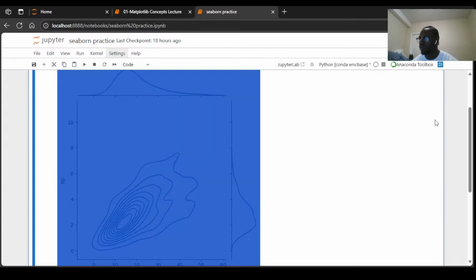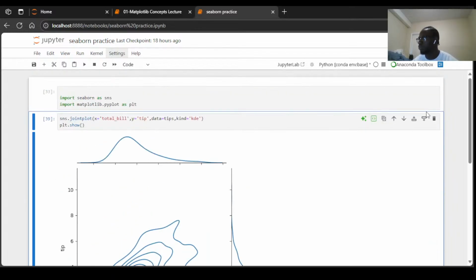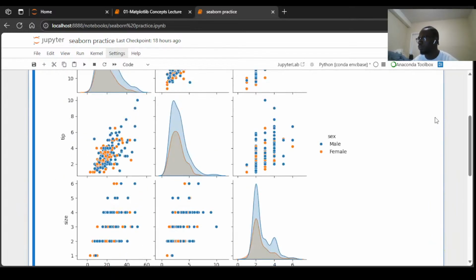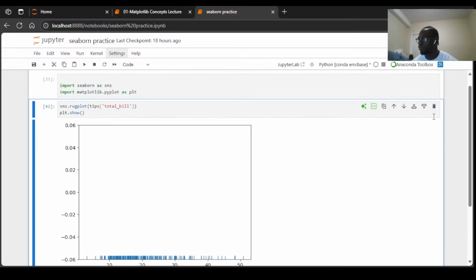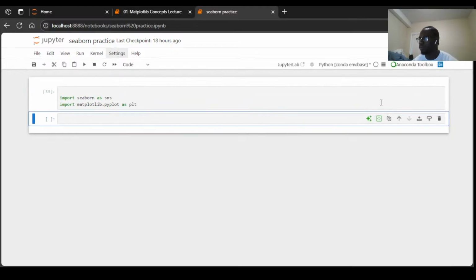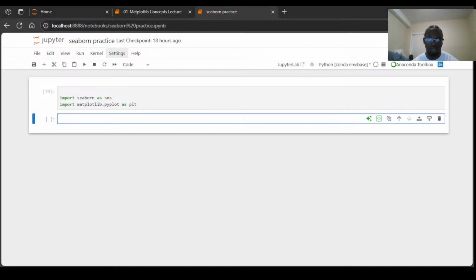The flights dataset primarily just shows the number of passengers that flew in a given month of a given year. Now let's talk about heat maps, which is our primary way of